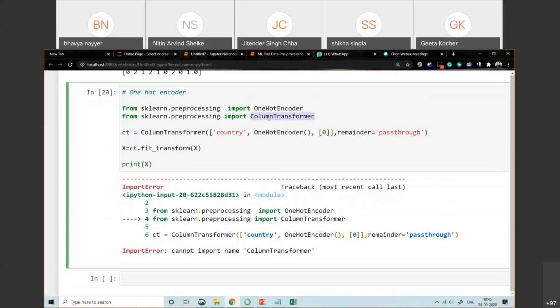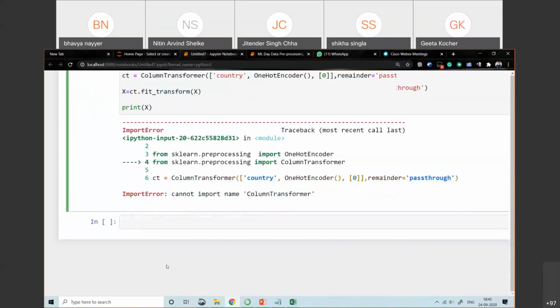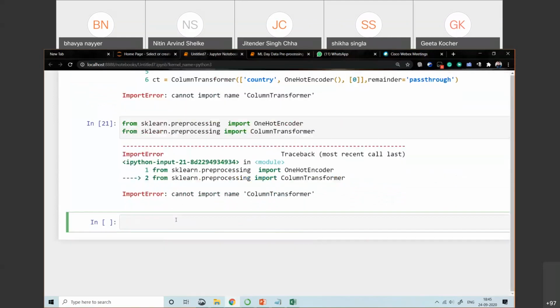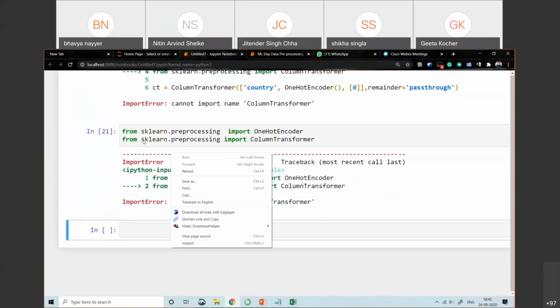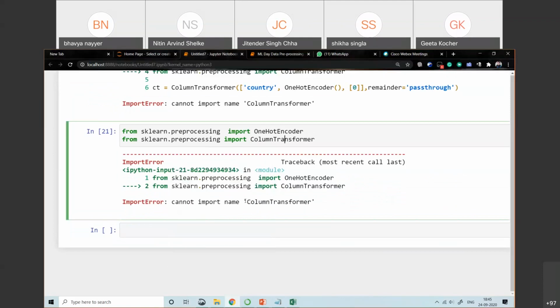Let me take this one out here first. So sklearn.preprocessing ColumnTransformer. Here there is an error. Okay, ColumnTransformer spelling. Preprocessing is okay. Okay, one minute.